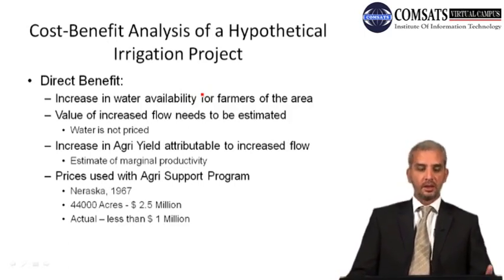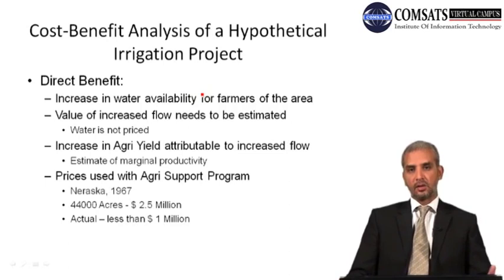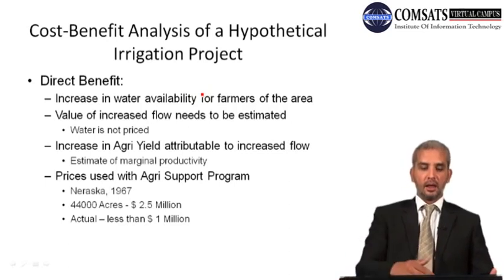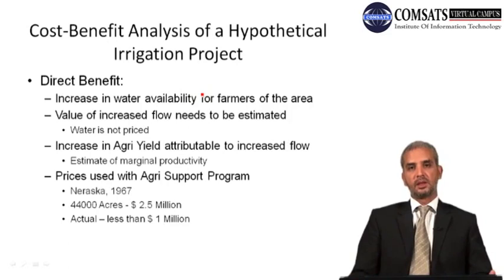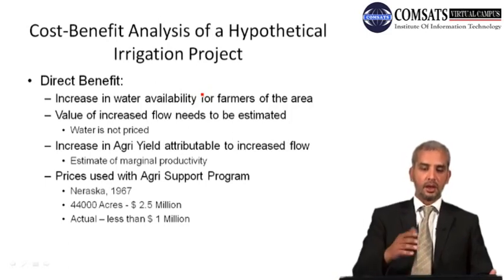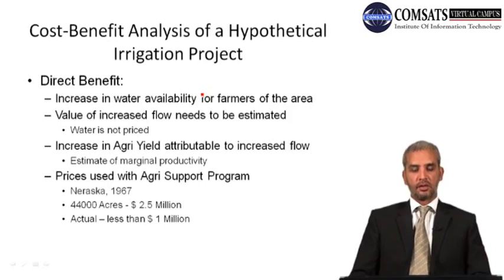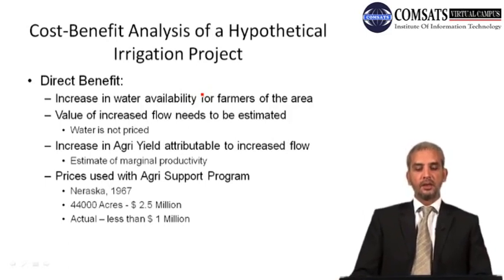The first thing was to list the benefits and costs, and the second thing was evaluating them in terms of dollar value. So what happened over here is that we considered this example earlier, but this time we would take this example step by step. First we did it just to understand the concept of direct benefits and indirect benefits and direct cost and indirect cost, but this time we would consider all the aspects of it. Now increased water flow cannot be priced. So what is the solution to that?